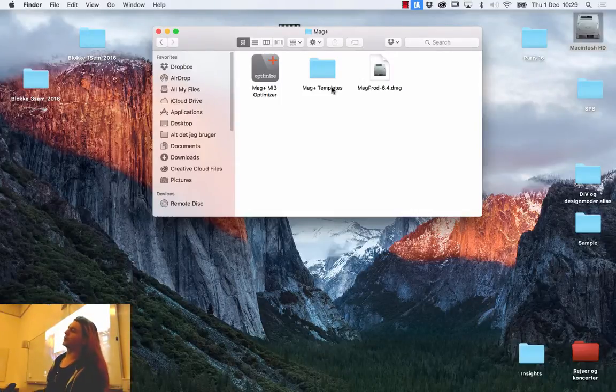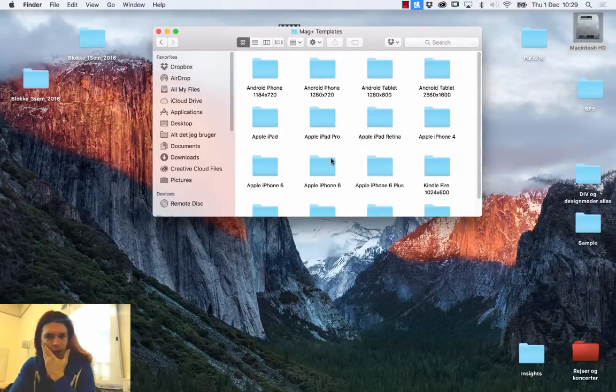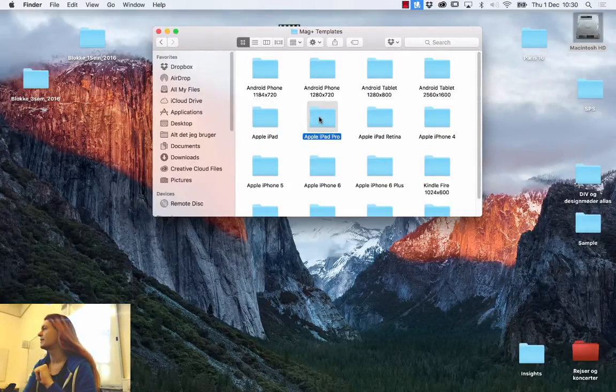Later on, you can output to any device. The iPad is, though, a reasonable choice when it comes to choosing the primary output device, because if you choose to do it to iPad, it will also fit iPhone screens. So the Mac Plus template is going to go in here. Even though I'm using an Apple iPad Pro, I will instead select the Apple iPad just for flexibility, because a lot of screens are not as high resolution as the Apple iPad Pro. So I'll instead choose Apple iPad. It will still show fine on my